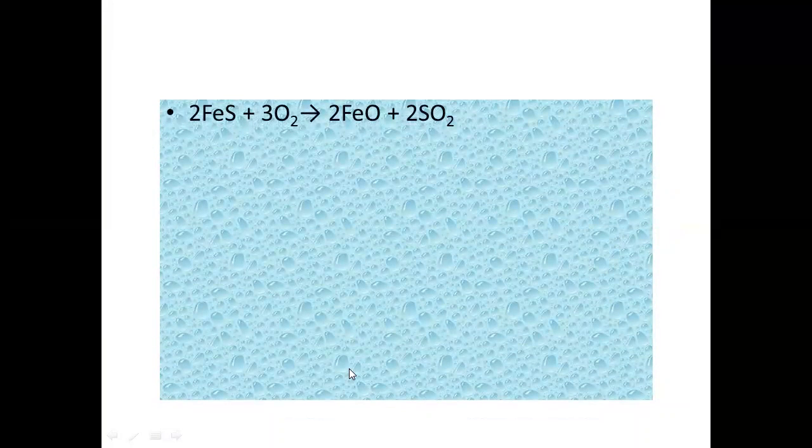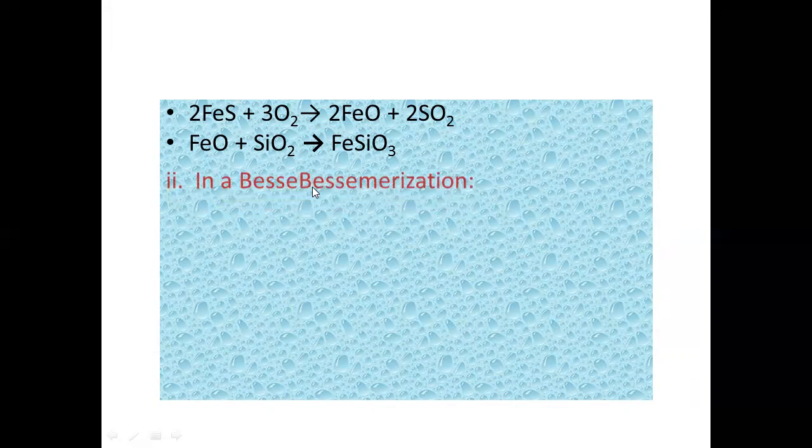As I told you, the iron sulfide reacts with oxygen in the roasting process and converts into iron oxide. This iron oxide then reacts with the silica, which is also called sand or silicate, and will form iron silicate. This iron silicate is called slag, and this slag is lighter than the molten metal. After this step, the next step is